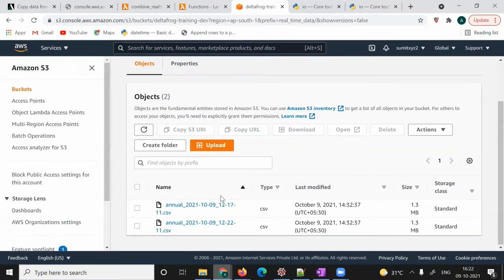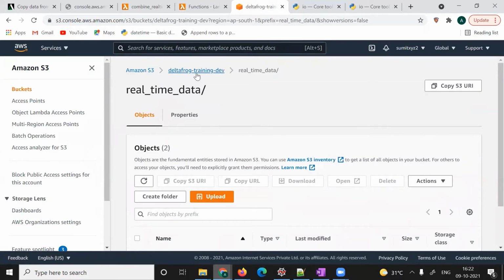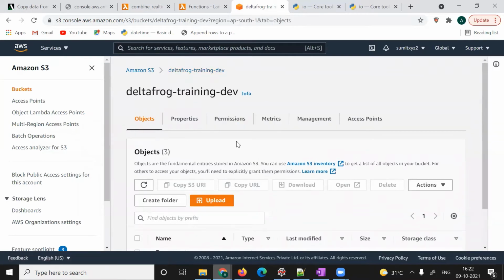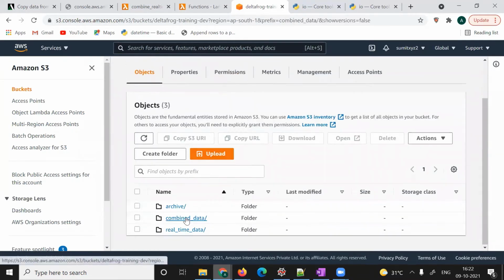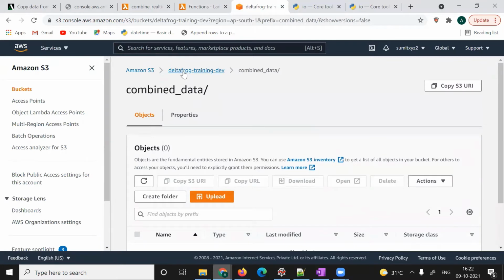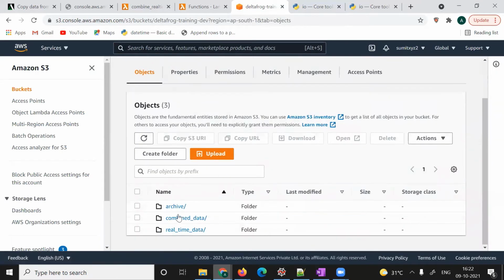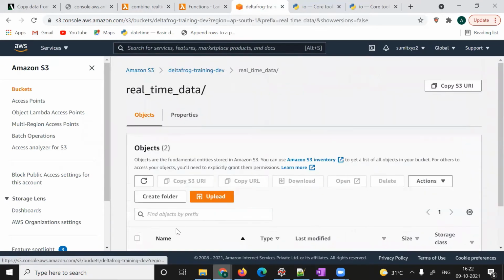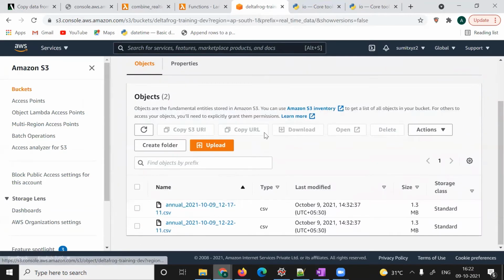So we'll create one lambda that will combine these 2 files. Right now there are 2 files. It will combine these 2 files and move the combined data into the combined data folder. So we'll get one single file having all data, and then we will move this data from here to archive.